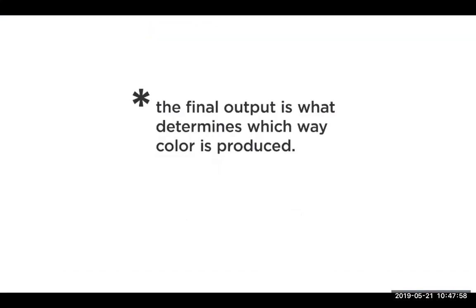Okay, and then last but not least, the final output is what determines which way color is produced. So as you are creating things, as you are working with clients, just as you're going about your design process, it is so key to know how something is going to be produced, because final output determines color pathway. So you need to know the final output so that you can design within that color pathway from the very beginning. Okay? All right, so let's jump now into